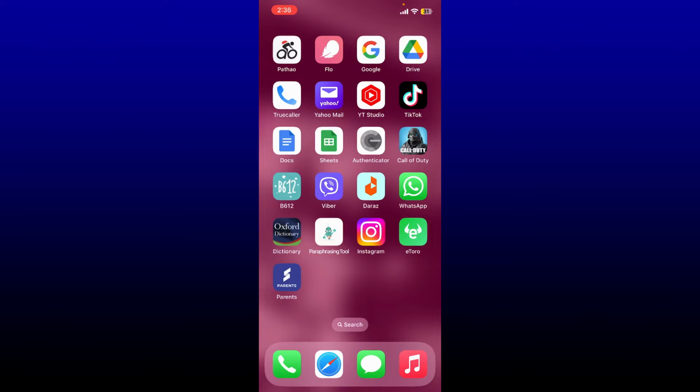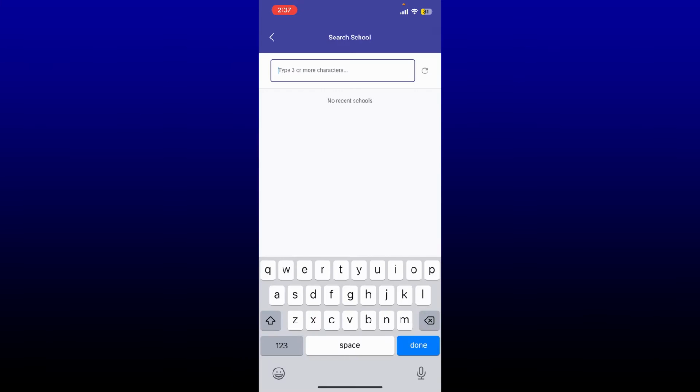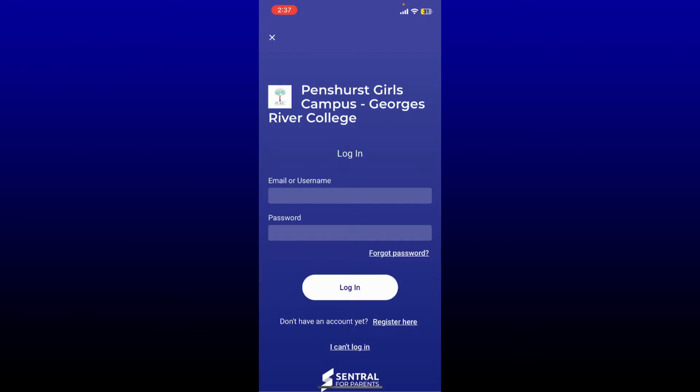Central is a secure cloud-based school management system powered by Microsoft. To log into your Central account as a parent, you can simply download the Central Parents application on your mobile device and launch it. Open it, enter the school's name in the text box, and type in the name of the school you are trying to log into. On the next page, you'll be able to see the login area for the college or school that